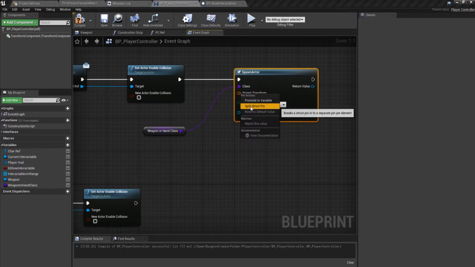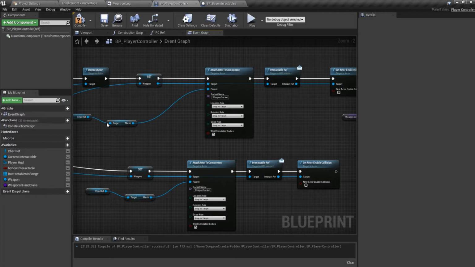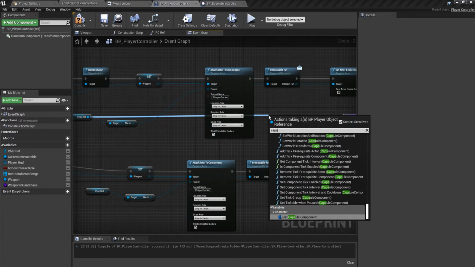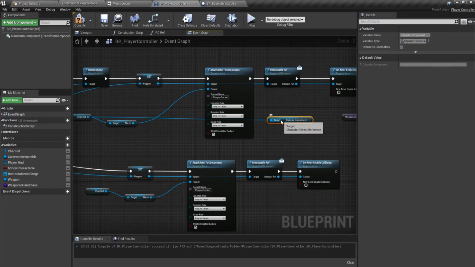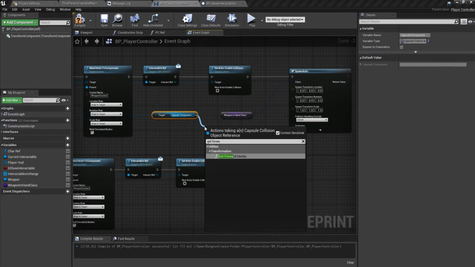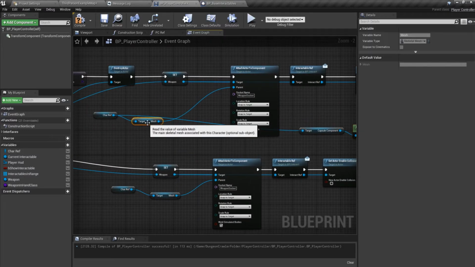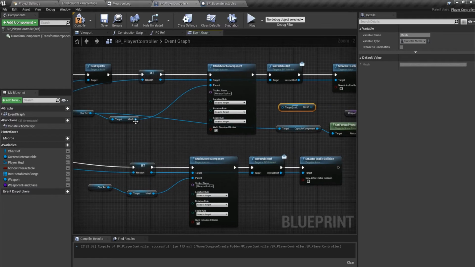And the transform, we can split the struct, we can take the character reference, get the capsule component, and get the forward vector, this one,